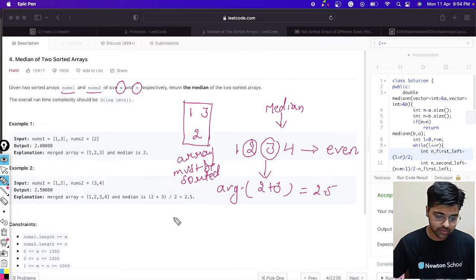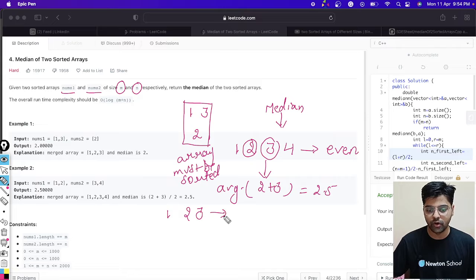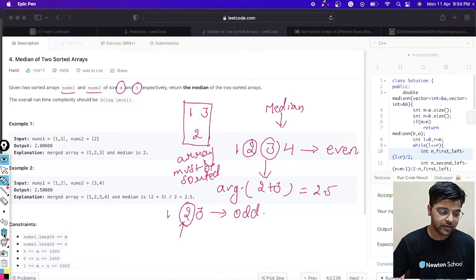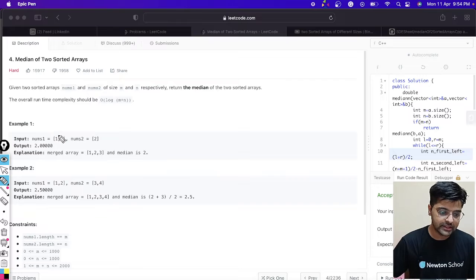Now let's take the case of odd. The total number of elements will be odd, and in the sorted array the middlemost element is 2, so this will be the median. In this case, we have given nums1 as 1 3, which is already sorted, and nums2 is 2.